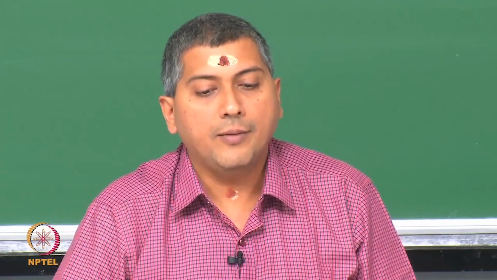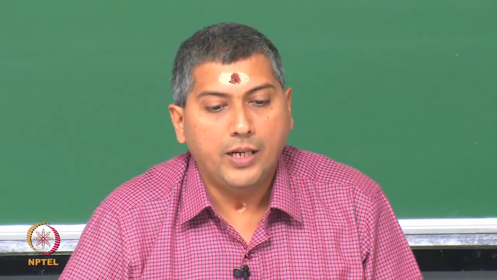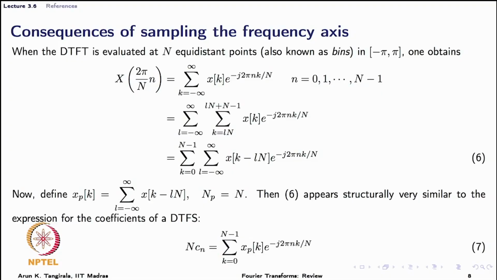So now we are asking, when I compute the DFT and when I am sampling the frequency axis, in DFT I am doing two things. I am restricting the summation limits to the observation interval, and I am also sampling the frequency axis. So what is the consequence of sampling the frequency axis? That is what we are studying here. I am just showing you the derivation here. I am not really going to go into the details, but as a simple exercise for you, go through these derivations here. These are again found in standard text.